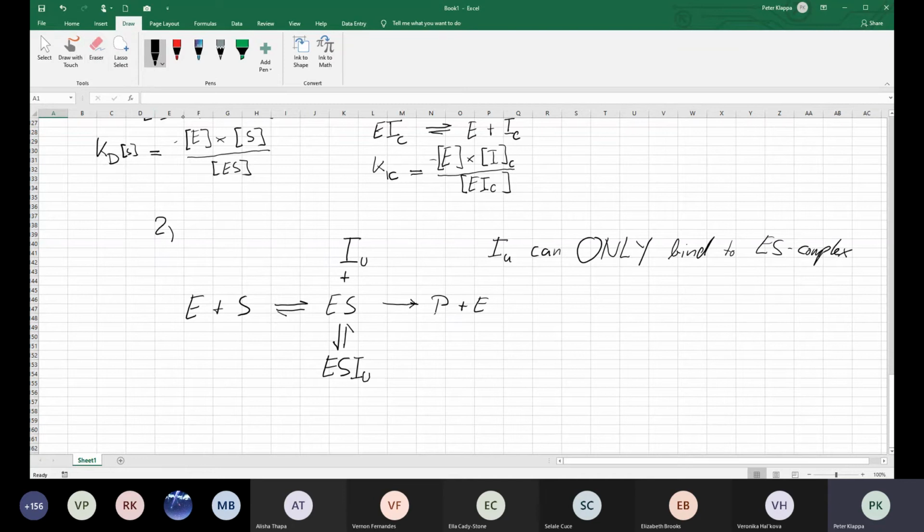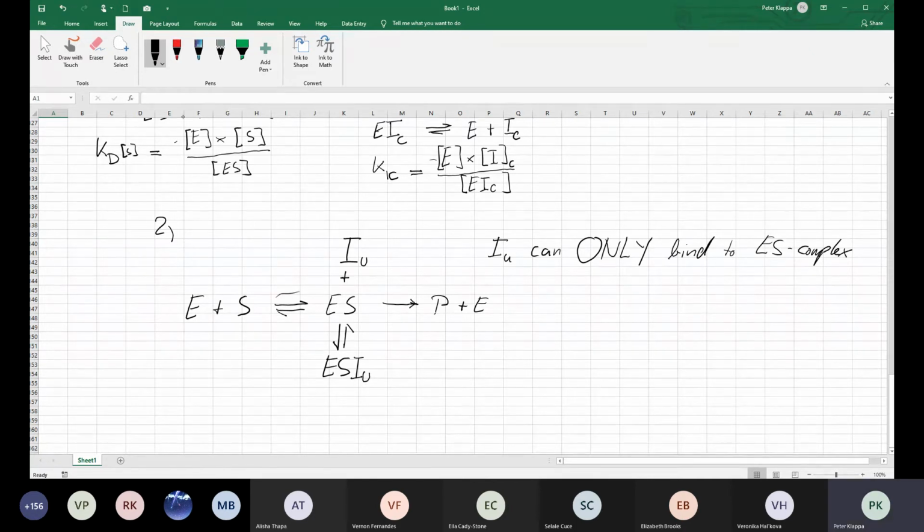It can only bind to the ES complex. So it is basically exactly the opposite of a competitive inhibitor. How would you call the opposite of a competitive inhibitor? It is not mixed. You might call it non-competitive, I'm afraid